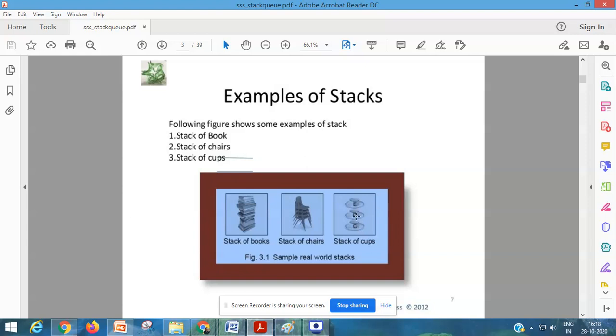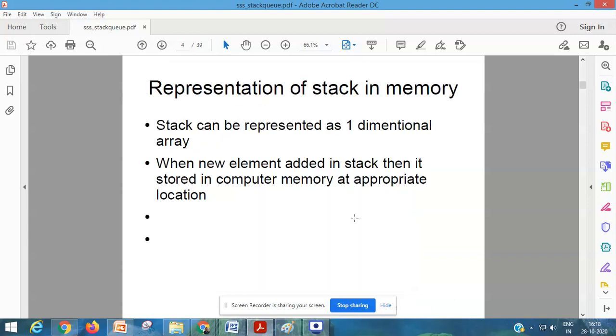First one is C, second one is D, and third one is E. The cup C comes first, but at the time of removing, E will come first, then D, and then C. So it follows the principle first in, last out. Insertion is done from this end, right? And deletion is also done from this end. So only from one end, insertion and deletion is done. I hope you understand the concept of stack.